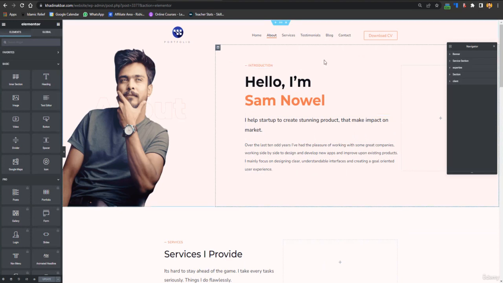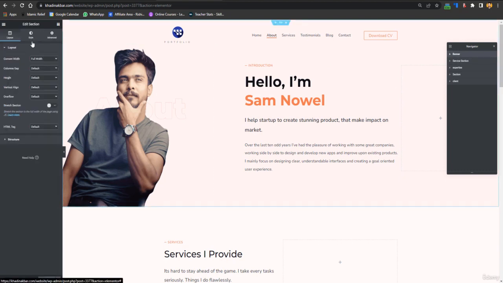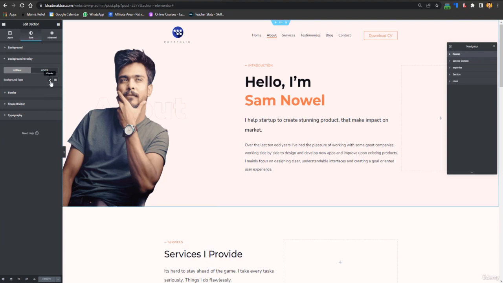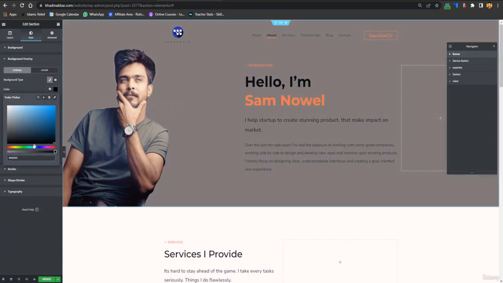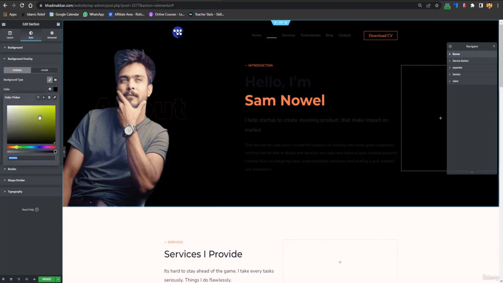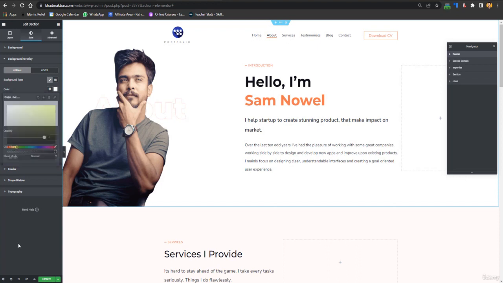So here we are, and if you want to change the background color, as I told you, just click on banner, just go to styles, and from here you can change the background image. And if you want to change the background color, you can go to background overlay, select gradient or classic, and you can change the background color of that as well. Like this is grayish kind of thing, but if you make opacity full, it would become full like white, or it would become a full color. Any color you want, you can edit it, okay, from the overlay.